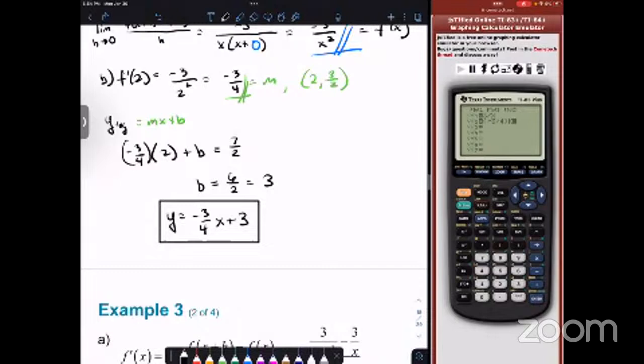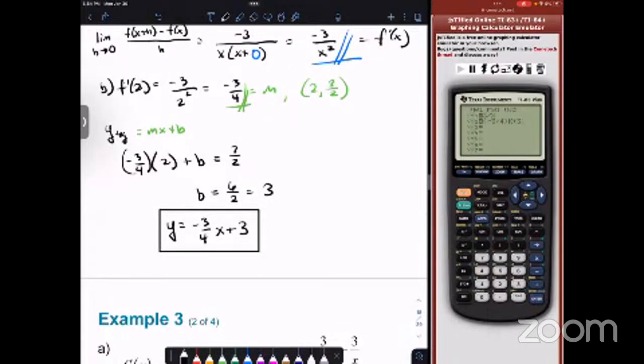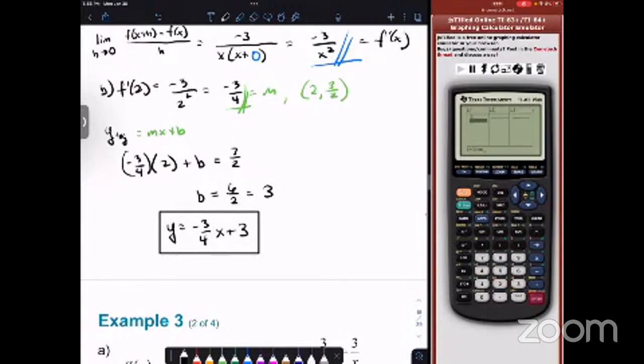Okay, so what we should see is the reciprocal function, and when x is 2, we should have a tangent line, a line that grazes the graph at a point. So let's see what happens. We have our reciprocal function and x is 2, you see it cross. Let's go to stat plot, edit. So we got the point (2, 3/2). Let's turn it on and plot it as a box. So you can see the graph grazes or creates a tangent line at that point.